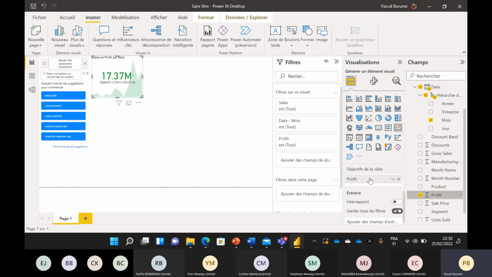If it's down, it will be red. This is the last month. Yes, because I've chosen the trend axis, it is date. So I want to see again my key performances